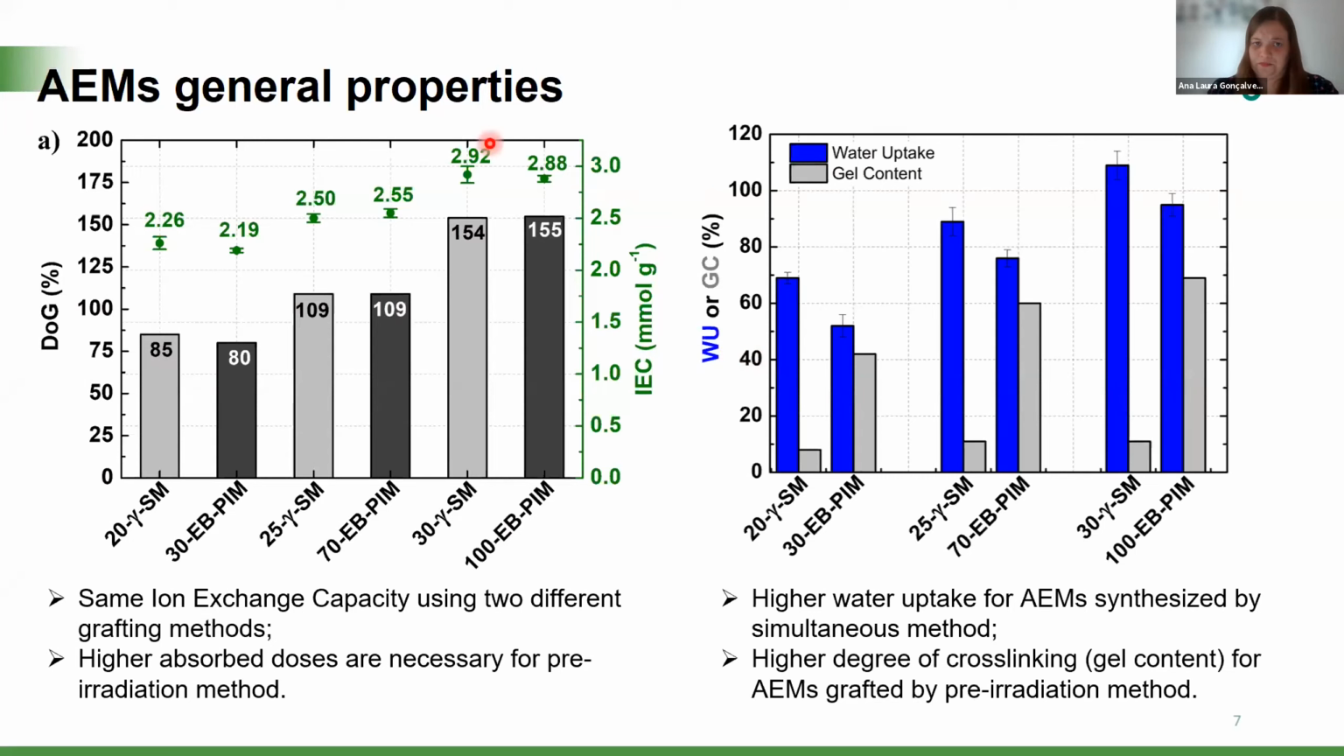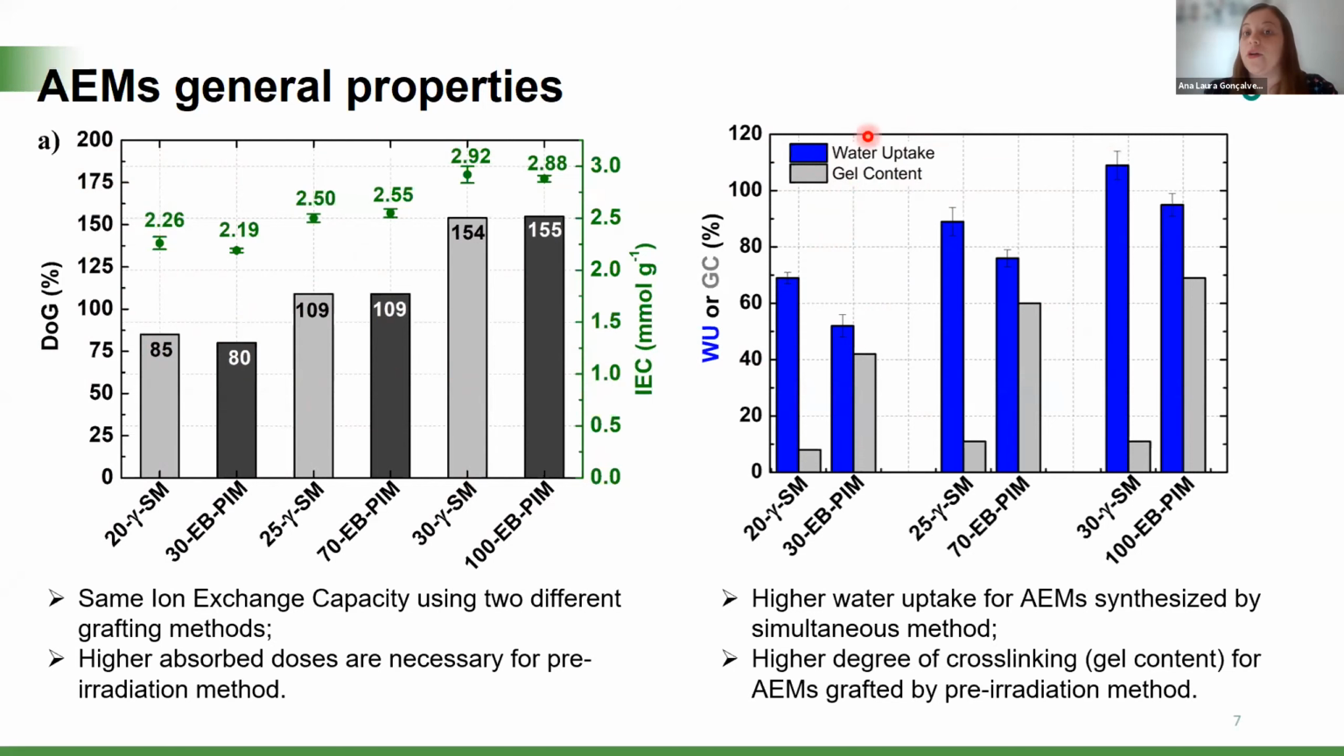In this figure, we see very well that the same degree of grafting produces the same ion exchange capacity. So we have pairs of membranes synthesized by the different methods, and we analyze all these membranes in pairs. When we analyze other properties,